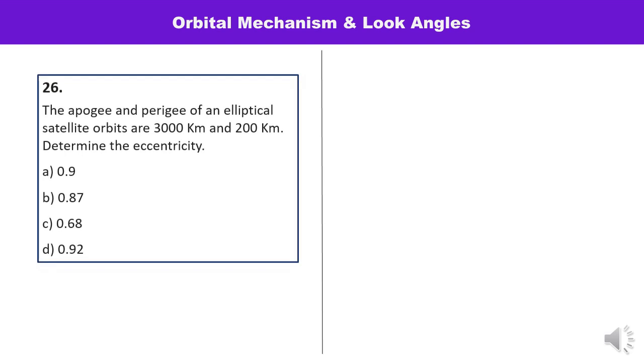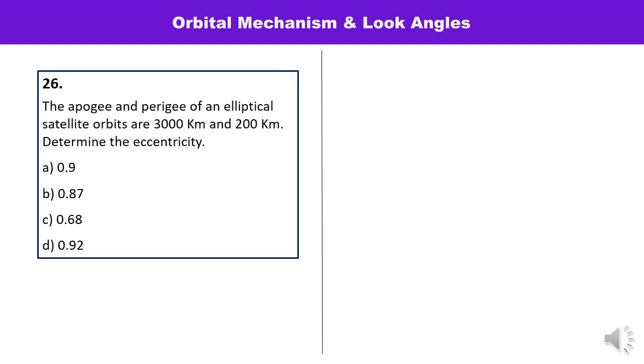Question number 26 is, here apogee and perigee of an elliptical satellite's orbits are 3200 kilometer, and you have to calculate the eccentricity. The four options have been given and you have to choose the correct one. You know that apogee is written as RA, which is 3000 kilometer, and perigee is denoted by RP, which is 200